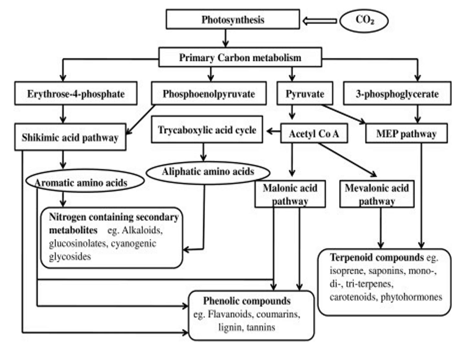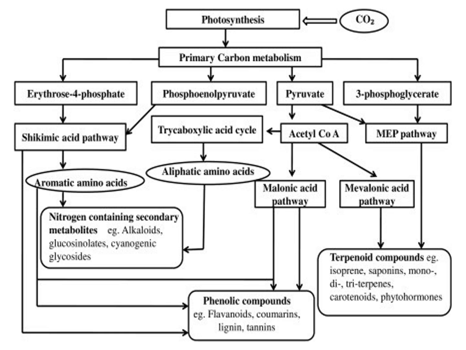Again, this is another chart. With the help of the flow chart we can understand this. First of all, carbon dioxide is there. With the help of it, photosynthesis will occur. After photosynthesis the carbohydrate will be formed, so that primary carbon metabolism will occur, and through that the different biosynthetic processes occur inside the plants.